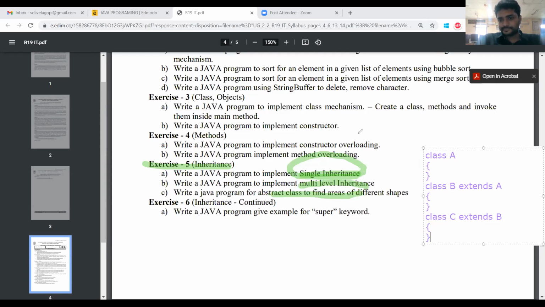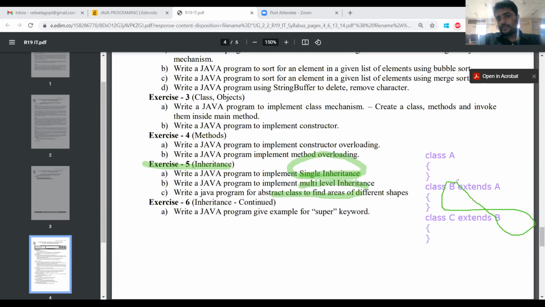So multi-level inheritance is identified by this. Here B is a subclass, and then here B is a superclass. Suppose we treat this as level 1, level 2, level 3. Suppose we have three levels of inheritance.